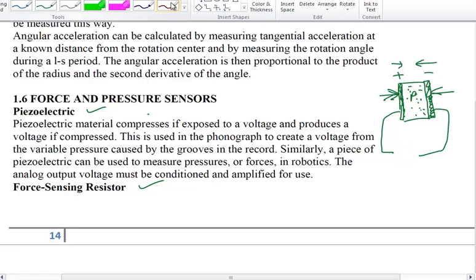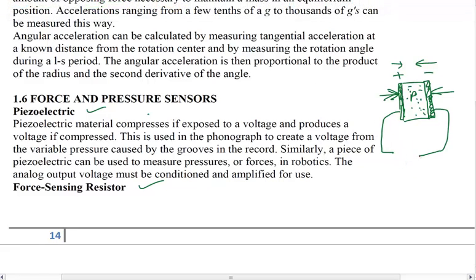So if I connect a voltmeter here, which measures the voltage that is developed when I compress this piezoelectric from both sides, then by looking at this voltage signal,